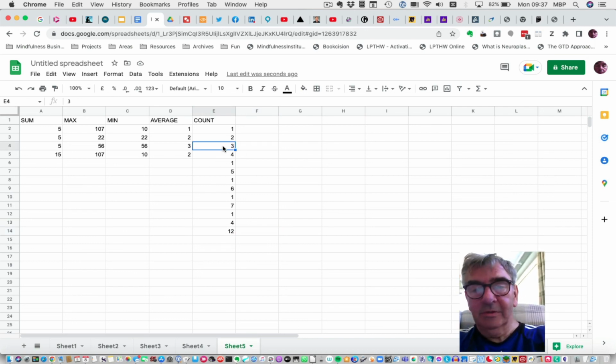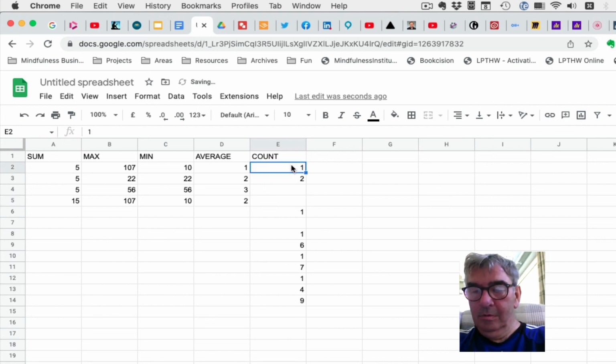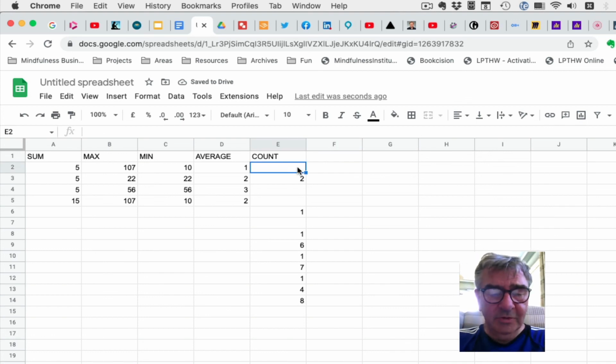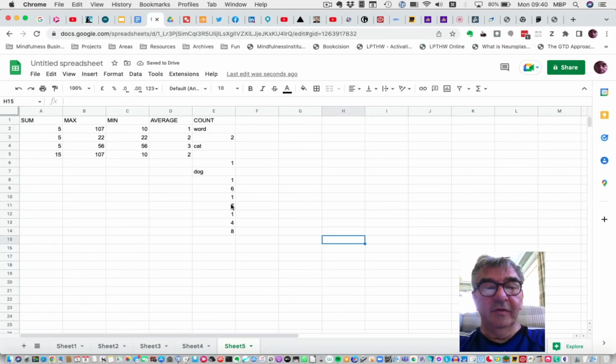Let's take some numbers out and see what happens. Fine. So that is working, it's keeping that up to date. What happens if I put a word in here instead? That's good. So it's only counting where I've got a number in there. Okay, so having used each of these functions,